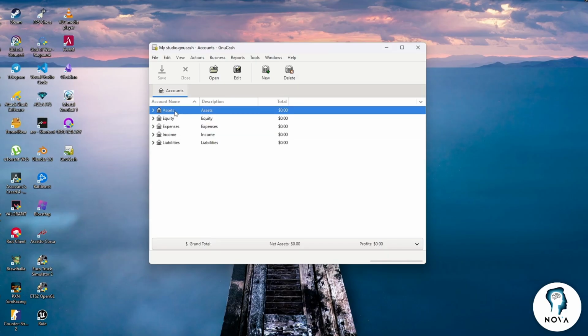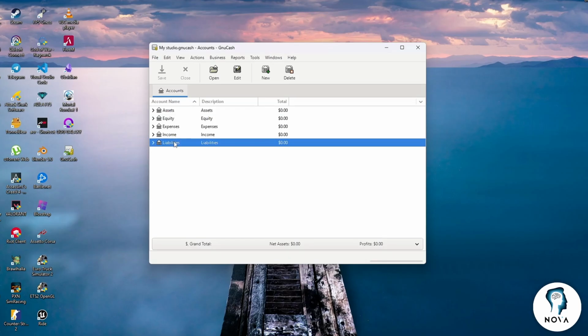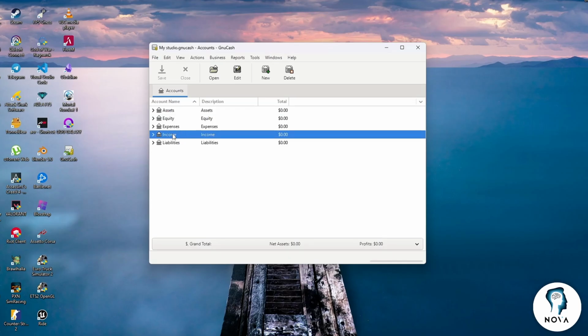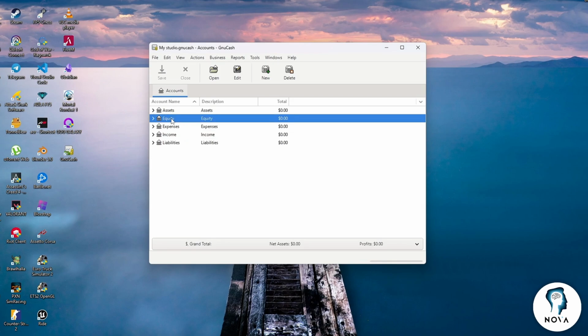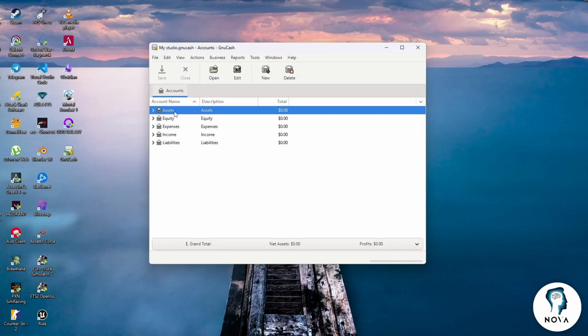Assets are things your business owns, such as cash or bank accounts. Liabilities are debts or loans. Income tracks money coming into the business. Expenses track money going out. Equity represents ownership value. Let us begin by adding some sample transactions so you can understand how bookkeeping works in